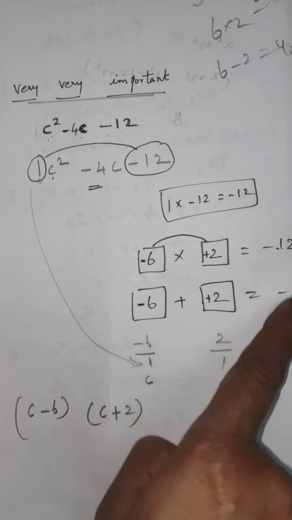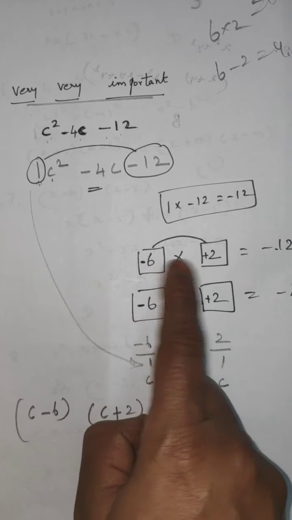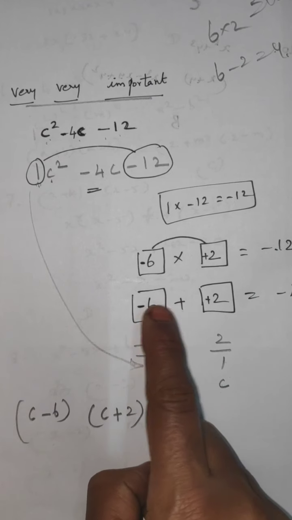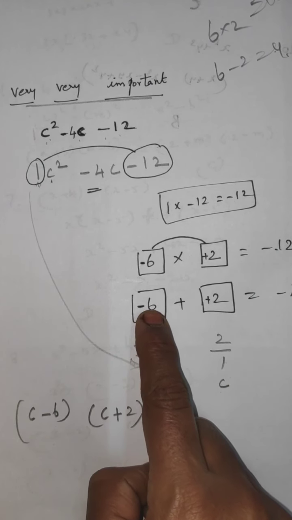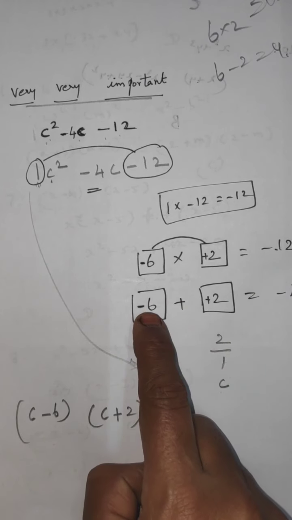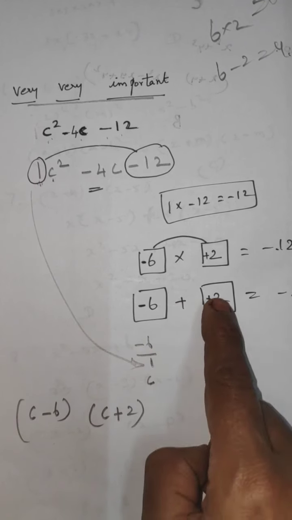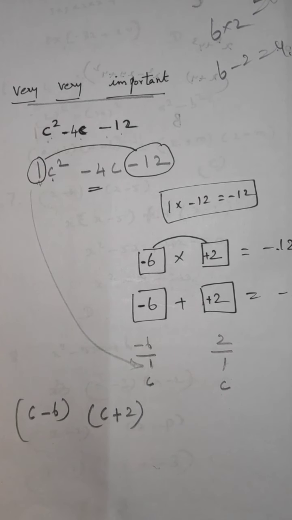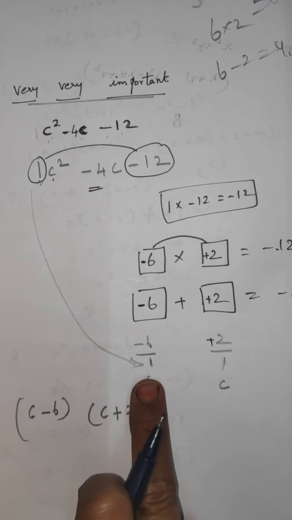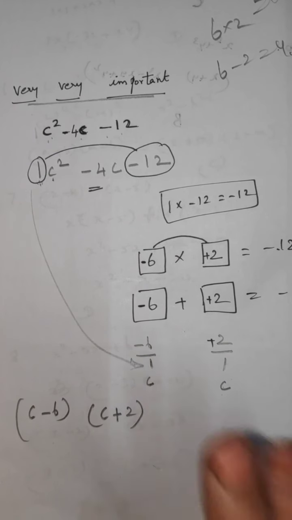From here only you select the numbers. So which two numbers do we select? Minus 6 plus 2. 6 2s are 12. Minus into plus equal to minus 12. Minus 6 plus 2. The greater number is 6. From 6 you subtract 2. 6 minus 2 equal to 4. The greater number is minus, so minus 4. Next step, this minus 6 you write again, and plus 2 you write again there. Okay, you divide this number by this number, minus 1. 1 2 you divide 1 1. So this one divided also gives the same answer only.